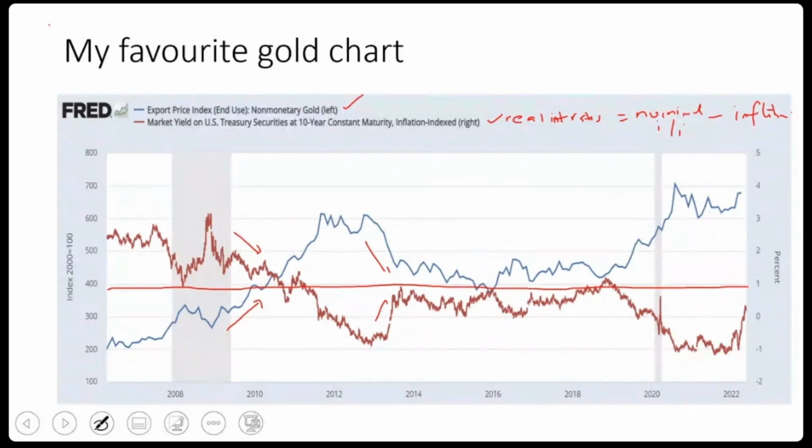Okay, so what it tells you is gold prices historically have had this negative correlation, which looks mind-boggling, almost one-to-one with real interest rates. When real interest rates go down, gold prices go up. When real interest rates start to move up, then gold prices start to move down. Okay, so here when real interest rates go up, for example here, gold prices come down. Recently, in 2019 onwards, we saw real interest rates collapse and gold prices go up. Almost like textbook to the dot, following whatever we've historically seen.